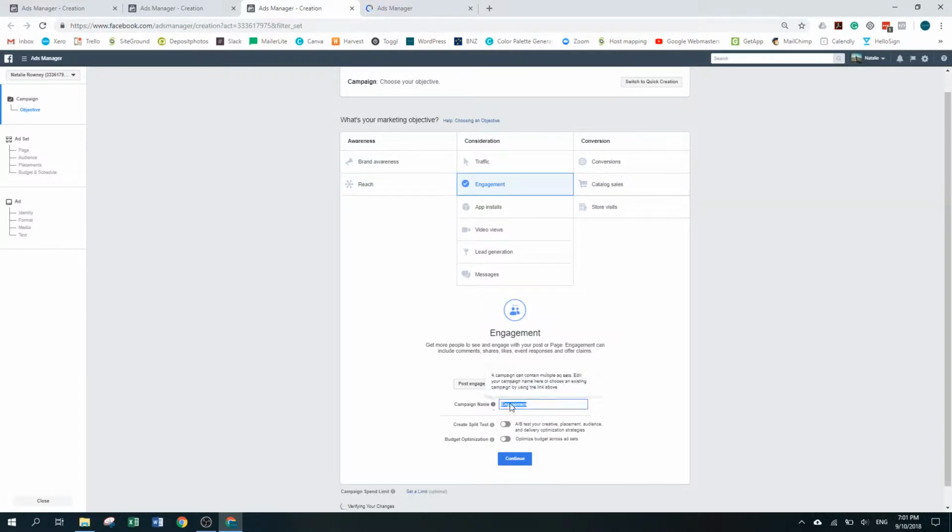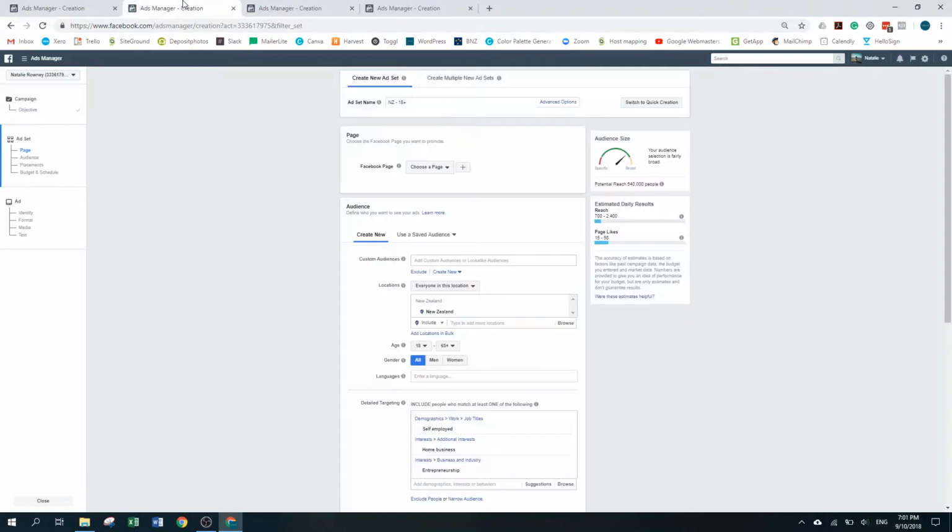With your campaign name, I would input something that means quite a bit to you, and try and be descriptive, because you might get right into this and have 5 adverts running at the same time, and so you want to be able to see at a glance which one is which. So from there we're going to select continue,